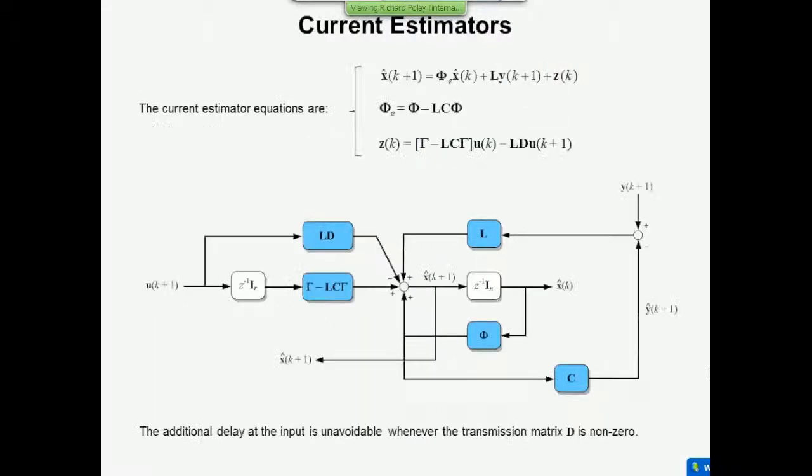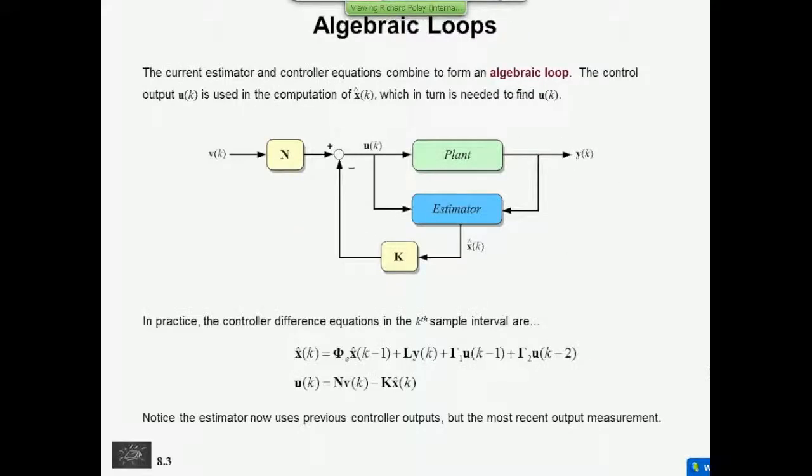So this is what it looks like in block diagram form with these definitions. The principal thing here is that the D matrix doesn't appear around here anymore because it's wrapped up in z of k. And this is an unavoidable thing, unfortunately. Because the u matrices are by 1, there are additional delay elements present whenever you get a non-zero D matrix. So there you go. That's the current estimator. And so the design of that doesn't look too different from before. It's just that the system matrix is a little bit different and the structure of it is different inside as well.